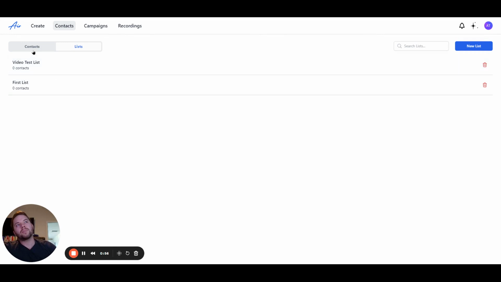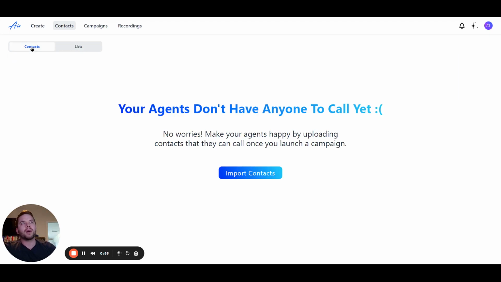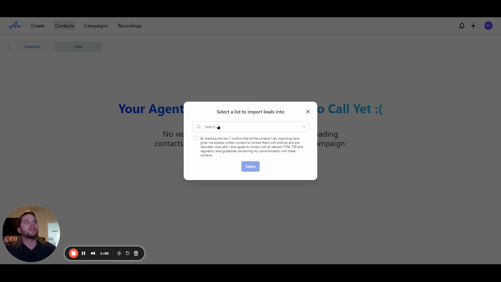And then right up here where it says contacts, we're going to click that. And we're going to click import. And right here it says select a list to import the leads into. And so we're going to go ahead and select the list that we just created. And here it says by checking this box, I confirm that all the contacts I'm importing have given me express